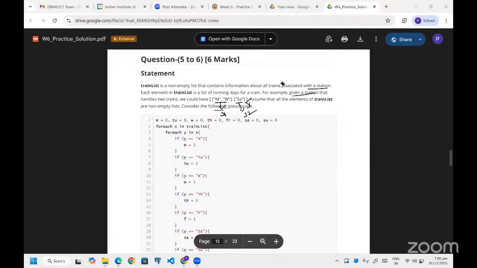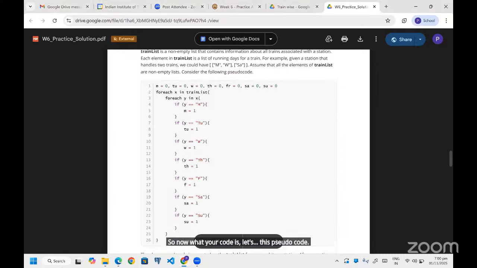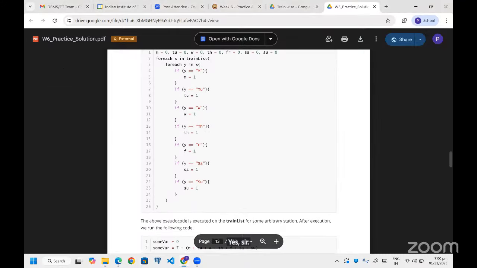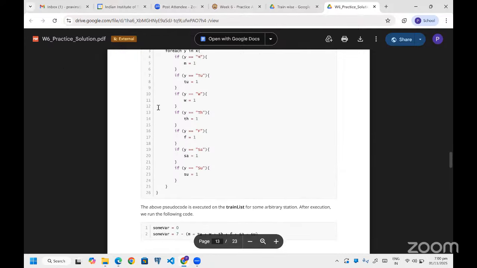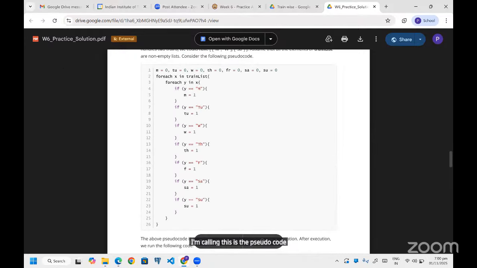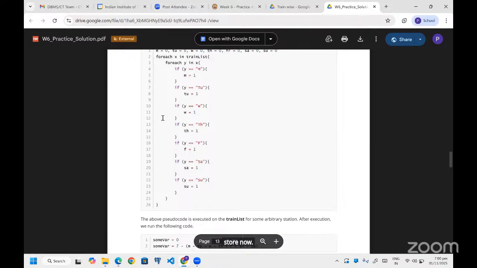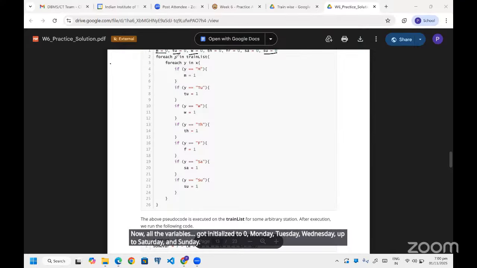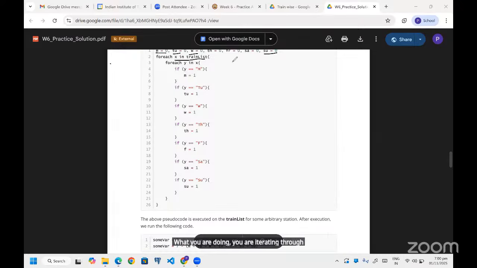So now what your code does, let's see this pseudocode. Now all the variables got initialized to 0: Monday, Tuesday, Wednesday up to Saturday and Sunday. You are iterating through the train list.